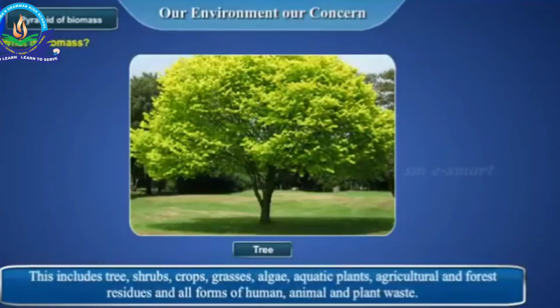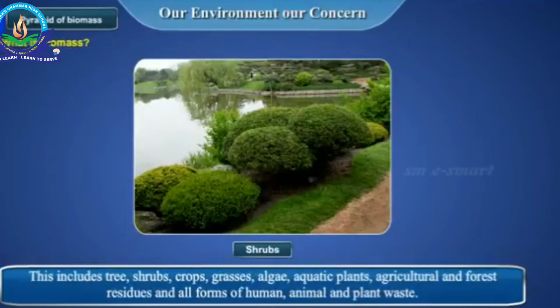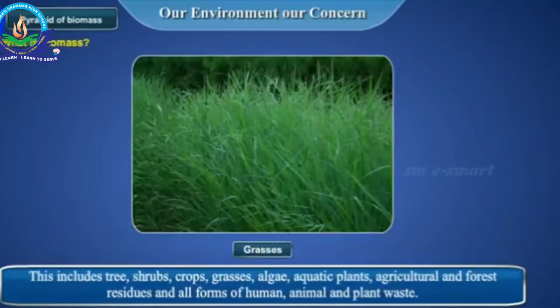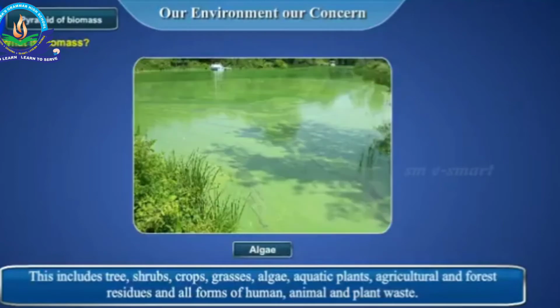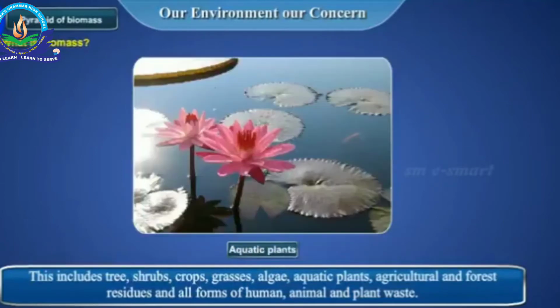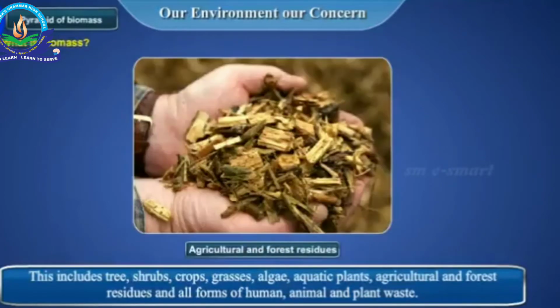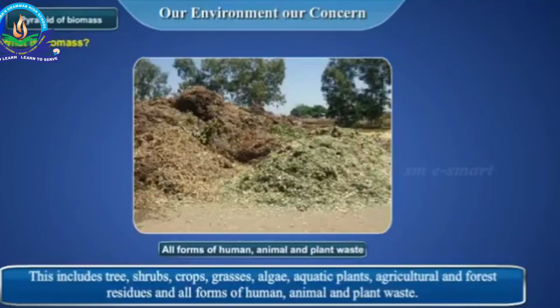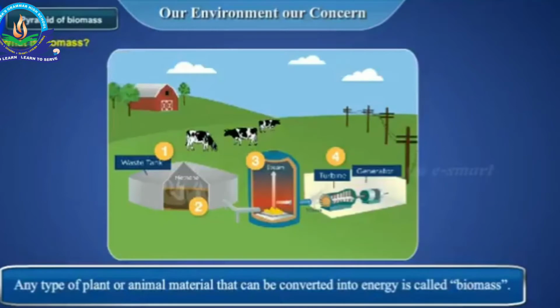This includes trees, shrubs, crops, grasses, algae, aquatic plants, agricultural and forest residues, and all forms of human, animal, and plant waste. Any type of plant or animal material that